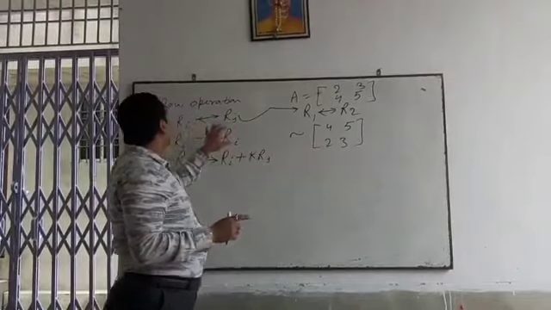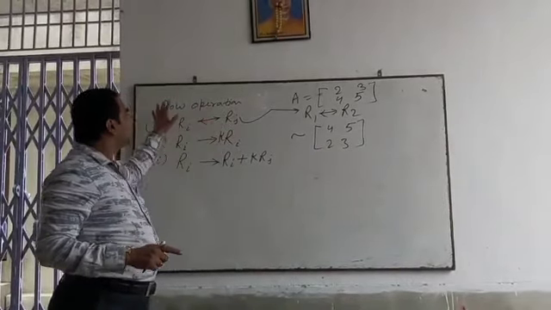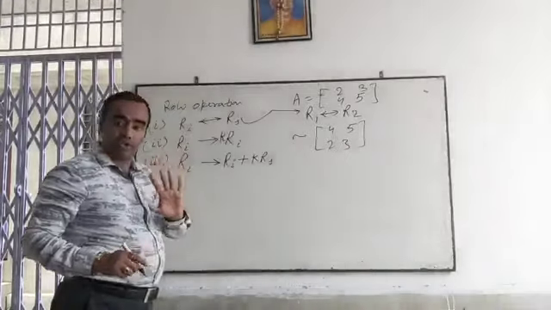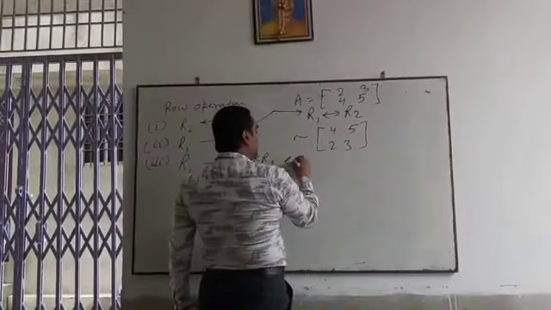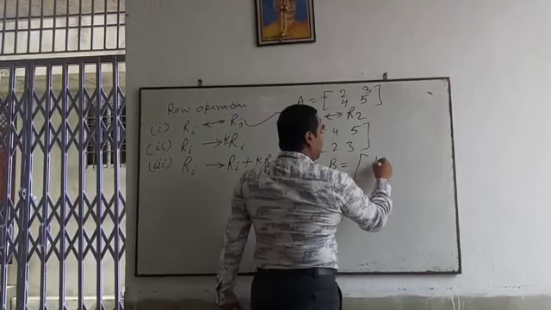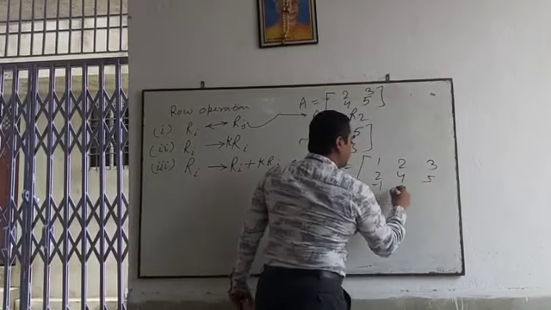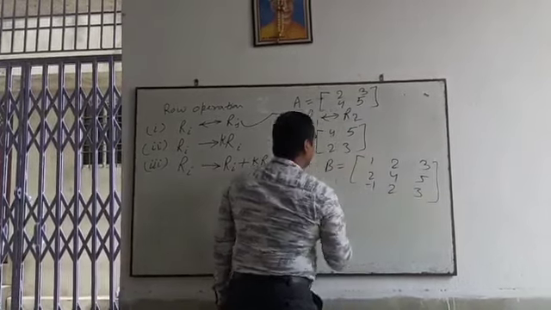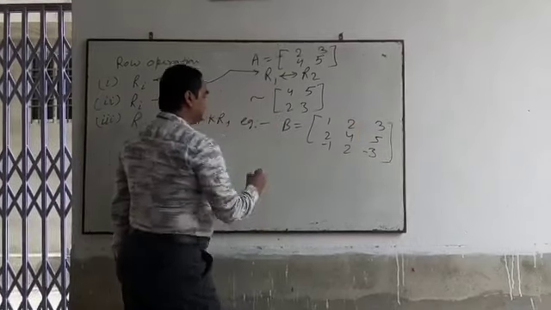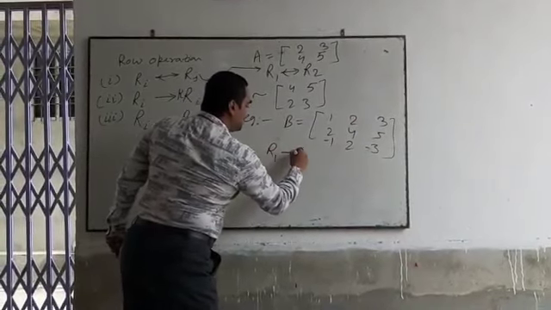It is the meaning of interchanging the rows, the first row operation we are using here. If you want to use this example in a third order matrix, 2, 4, 5, minus 1, 2, minus 3, 1, 2, 3, and we are going to use R1, R3.